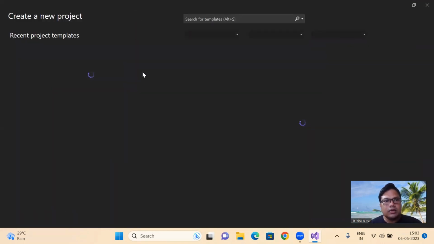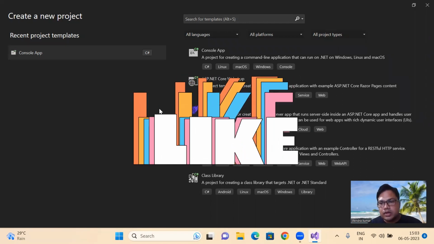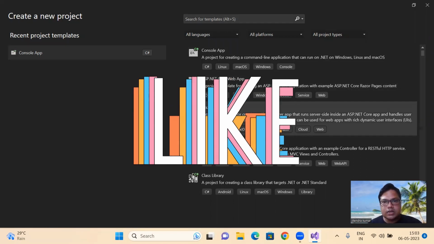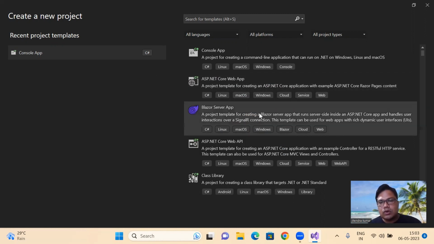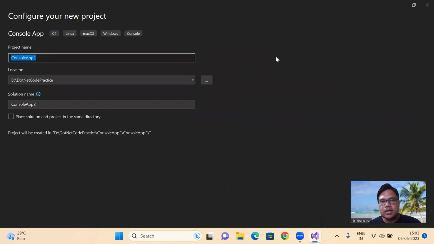It will load the project templates, where we select whether we will be doing a console application, Windows application, or ASP.NET. So here we are doing console applications. First you select console application and double-click, then you will see that the project name automatically comes as Console App 2. You can change your project name while typing